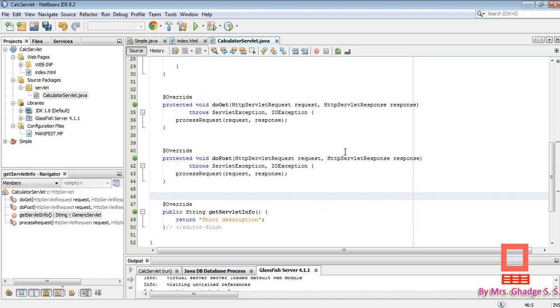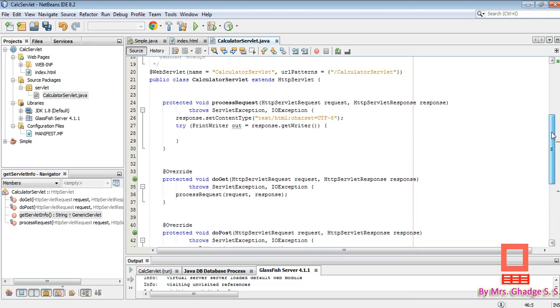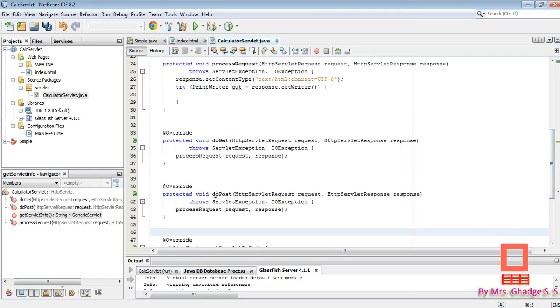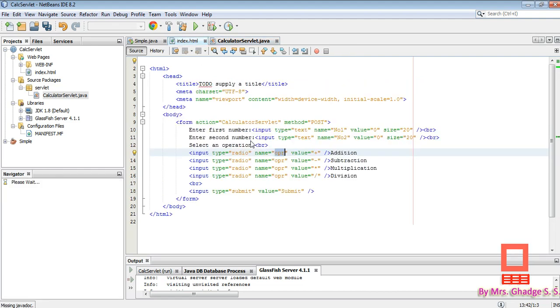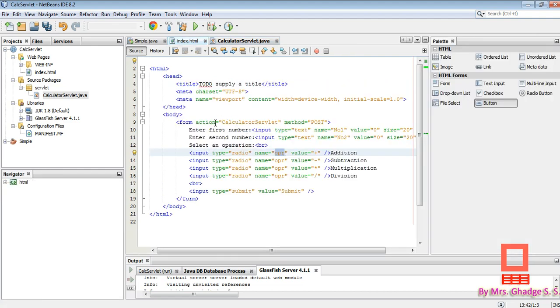Under that plus sign you can find the method doPost. The doPost method is used to handle the post request, and the other method, doGet, is used to handle the get request. Here we are using a form tag having action and method attributes. The method attribute has the value post.